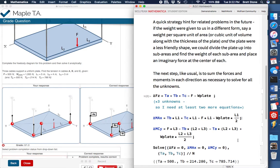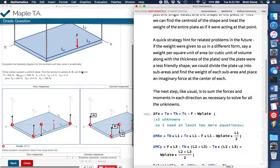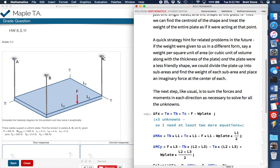Now I can do the same thing for the sum of the moments at point C, which was the next one I chose. You could have chosen a different point if you wanted to, but I chose to do it about point C, or at point C about axis Y. So now I'm looking this way from point Y, from out here somewhere in front of this, looking down the y-axis towards Z. So now things are going to be a little bit different because I'm rotating this way around axis Y. So in this case, the force due to F here, the applied force, is going to have